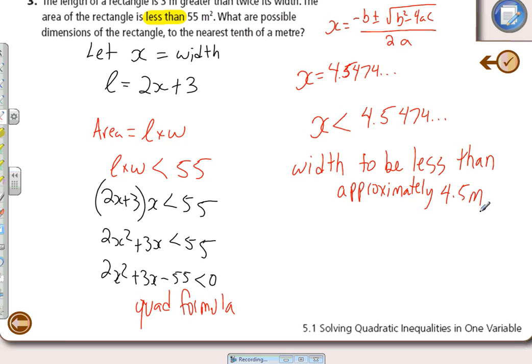And the length is going to be 2 times that, plus 3 more. So the length is 2 times 4.5474 plus 3. We're going to get approximately